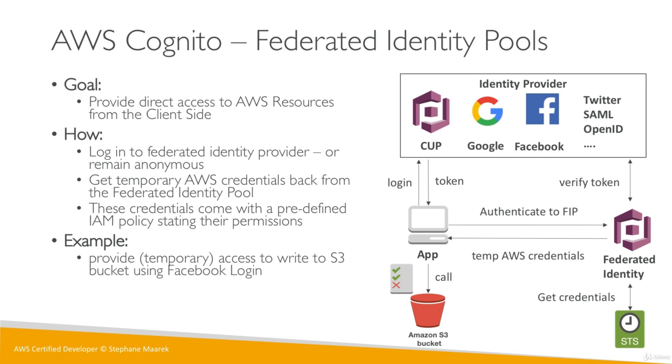As you can see, this is a pretty complex diagram, but the idea is that we trade in a login from an identity provider, and we get, in the end, temporary AWS credentials: an access key ID, a secret key, and a temporary session token. So that's it for these two identity pools. They're very different, as you can see. The first one was just to provide an identity and to integrate with the API Gateway, while this one is more to directly allow our app users to interact with AWS.